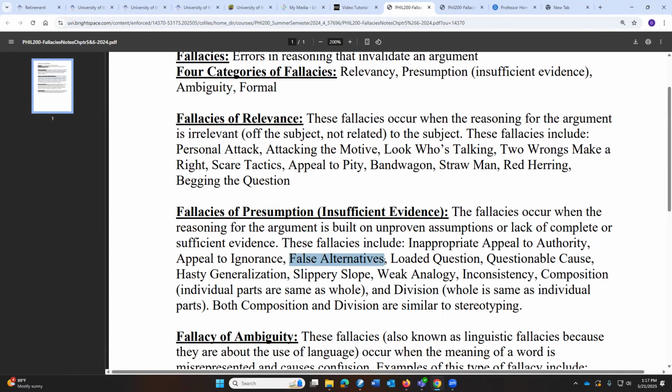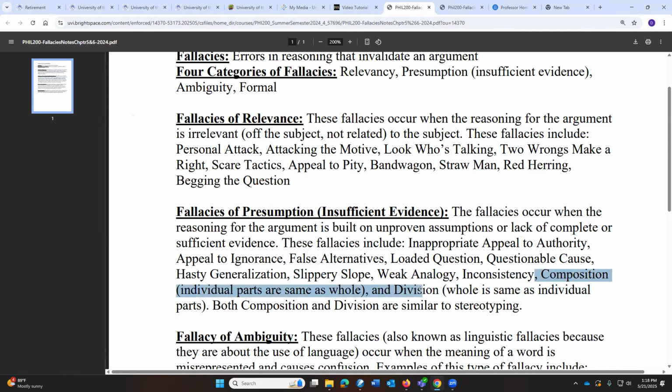a fair shake at a good alternative thing to believe, loaded questions, questionable cause, whether what you say is the reason for something actually is, a hasty generalization, jumping to a conclusion, the slippery slope, sliding down into a quick conclusion, the weak analogy, not a good way to compare things, inconsistency, not following the right processes and procedures, and